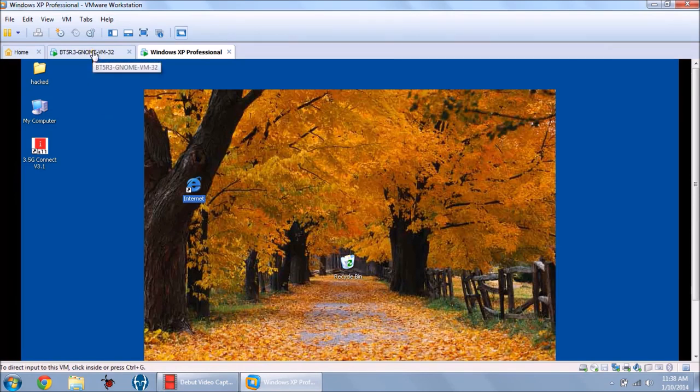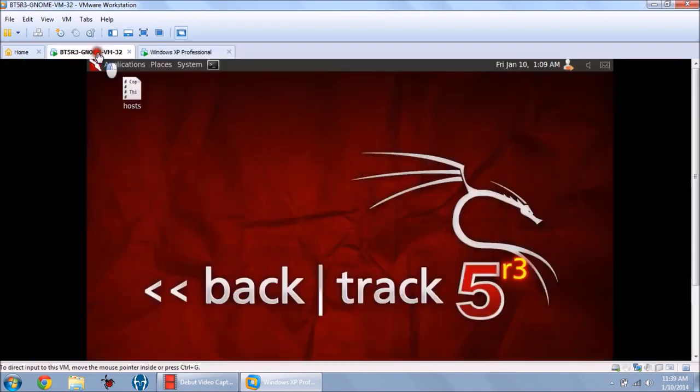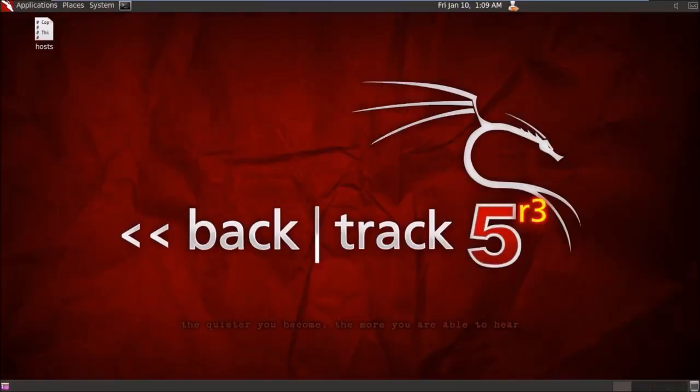This is going to be my victim Windows XP machine. My BackTrack virtual machine is going to be my attacker. So what I'm going to do here is I'm going to hack a system. I'm going to get access and breach into someone else's system using Metasploit.